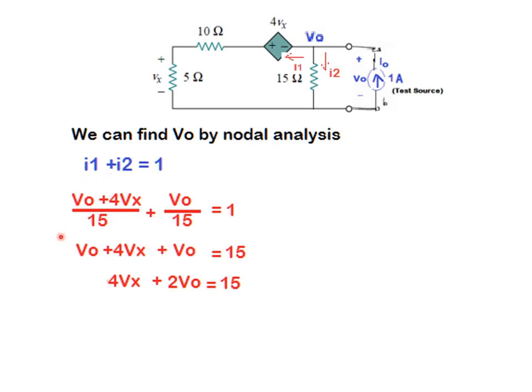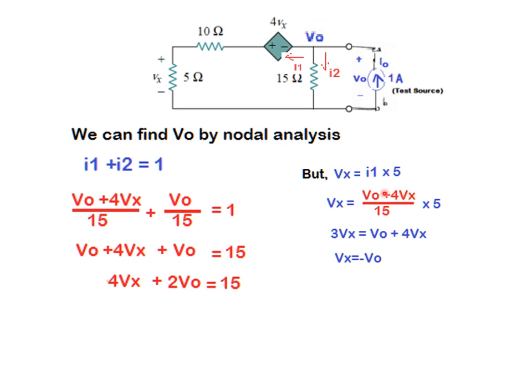So Vx is I1 times 5, and I1 is V naught plus 4Vx over 15, the same as here. So we write that, and by simplifying, we get Vx is equal to minus V naught, so we put that here,